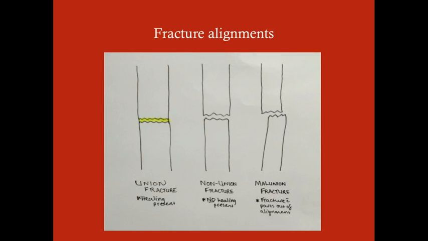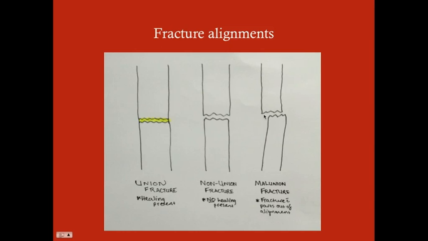Now, fracture alignments. This is really important to know about because this is going to dictate whether the bone heals properly. So a fracture that's in union means that the fracture has occurred, but it's in a healing process. And it's important that the bone be aligned properly so that when the healing happens, you don't have any abnormality of the bone. If, for instance, you were to have healing of this malunion fracture here, where the bones aren't in alignment, then you would